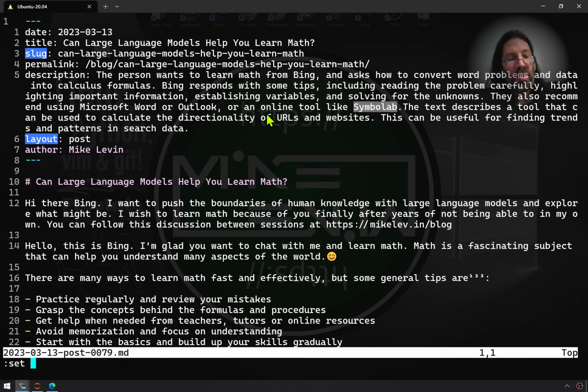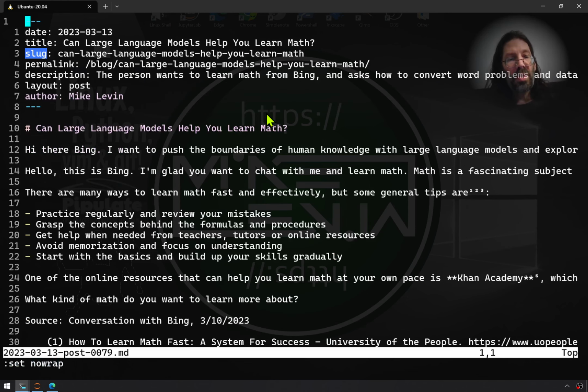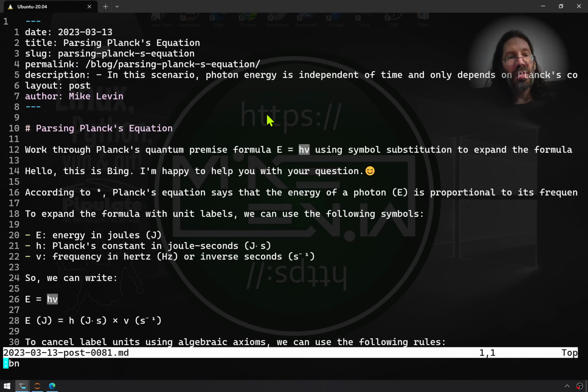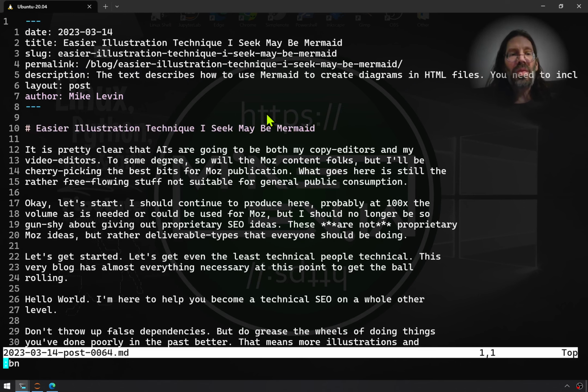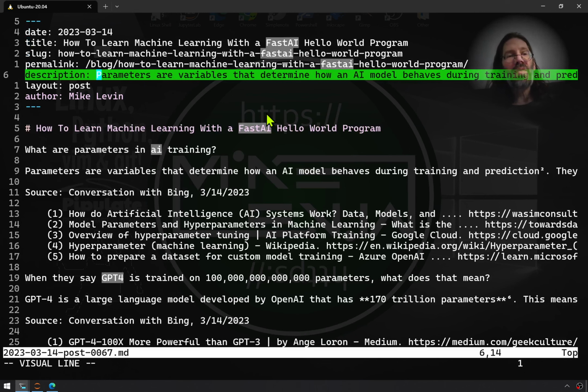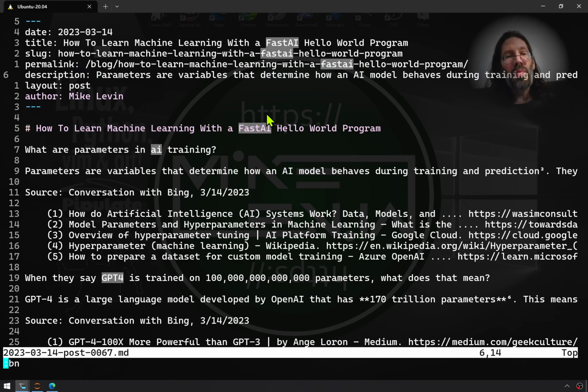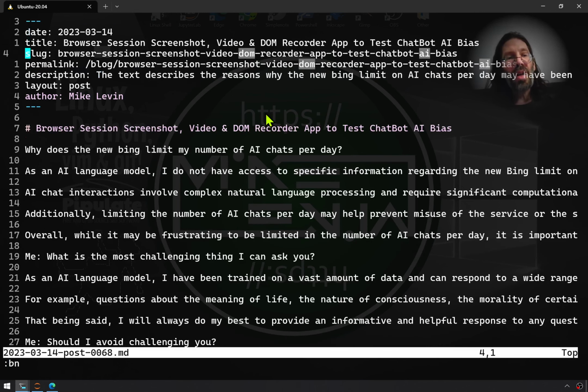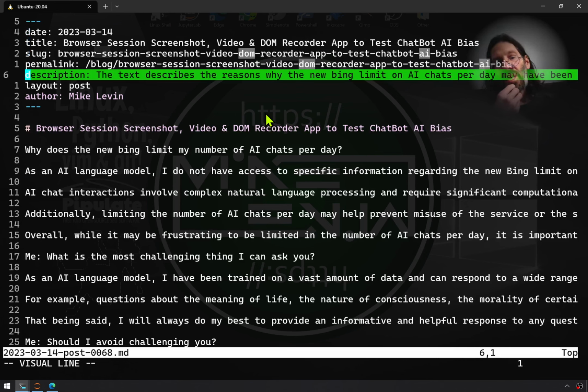Set no wrap. Is that a global setting? Yeah, it's global. So we can just scroll through and you can see now I've got these description tags in here where I never used to. And that was OpenAI written, and my blog is going to be much better on the net because I've got these descriptions. And when they are too big,